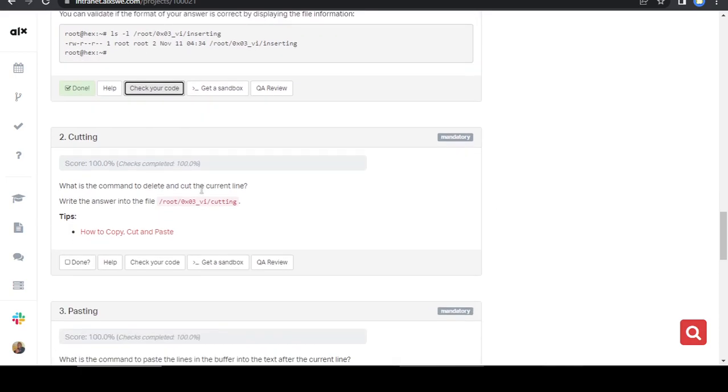They say, what is the command to delete and cut the current line? So we want to delete and cut the current line. We are going to write the answer to this question in the file. The name of the file is cutting. So just copy cutting. Don't copy the dots. Please try not to make that mistake. So copy cutting, then navigate back